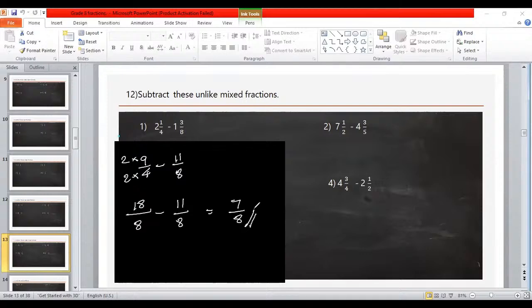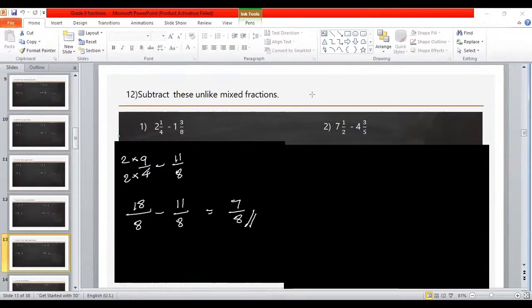The earlier method is confusing, and if you don't like it, you can follow this method. Convert to improper fraction and then you can do it. 2 times 7, 14 and 1, 15 over 2 minus 5 times 4, 20 and 3, 23 over 5. Now we want to convert this to common denominator. So multiply, this is by 5, this is also by 5, and this is by 2, this is by 2. 5 times 15, 45 over 10 minus 23 times 2,